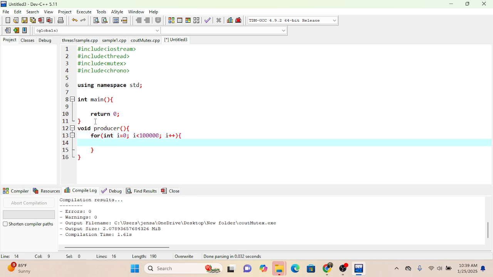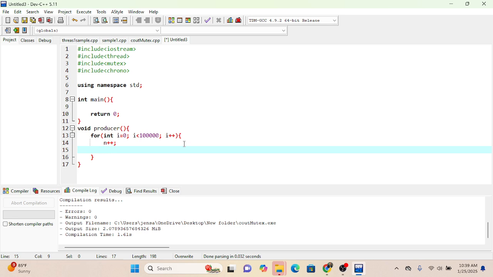Then here, we will increment our n. Okay? Then we print our n. So for example, we have a function producer that increments the value of n up to